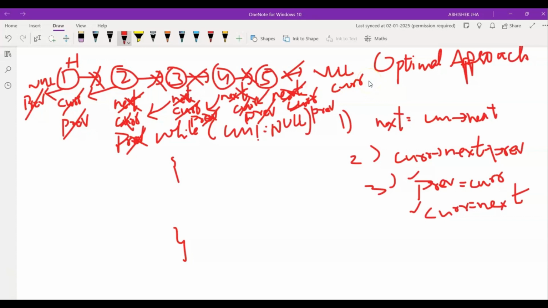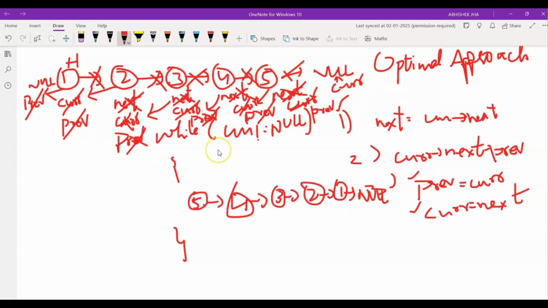And now we'll again check whether current is null or not. Since current is pointing to null, we'll stop our iteration and we'll finally return our previous pointer, which is pointing to the head of our reversed linked list, that is 5. In this way, with the help of 3 pointers, we are able to reverse our linked list in place without